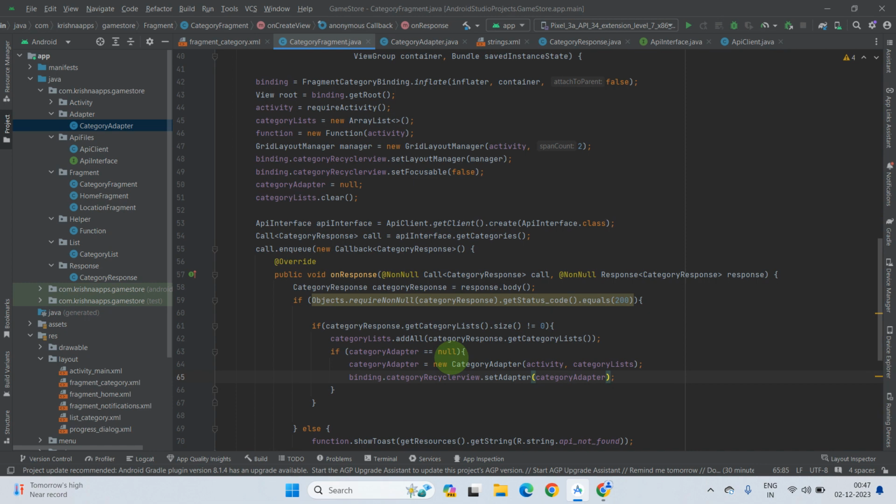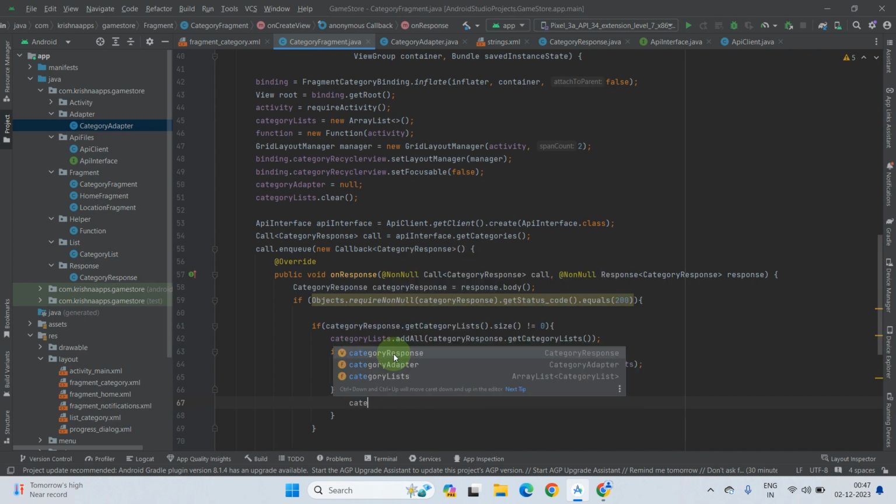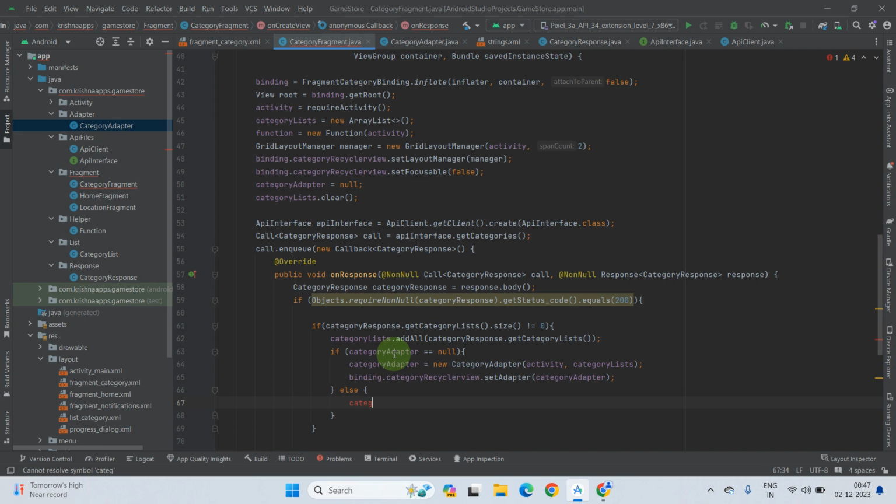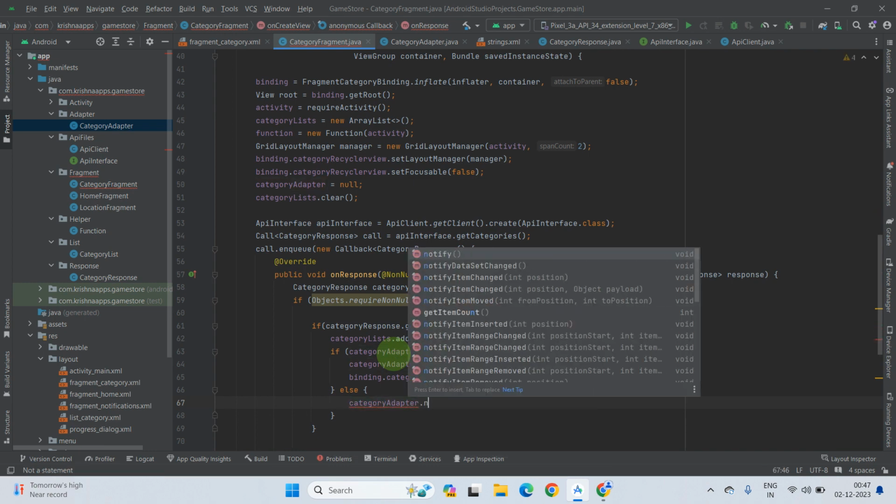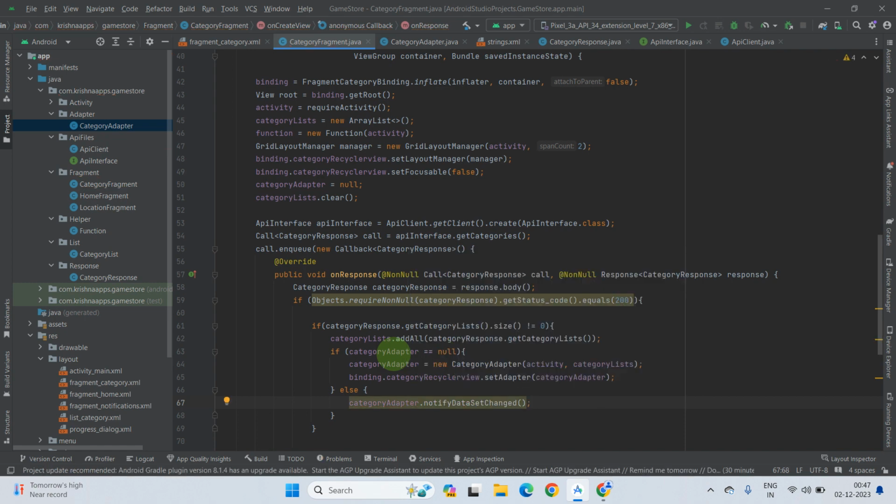Now if our category adapter is not equal to null, then what you will do? You have to do notify state change. Okay. Let's call this category adapter. Sorry, category adapter dot notify data set changed. Okay, it will update the list. Okay, now